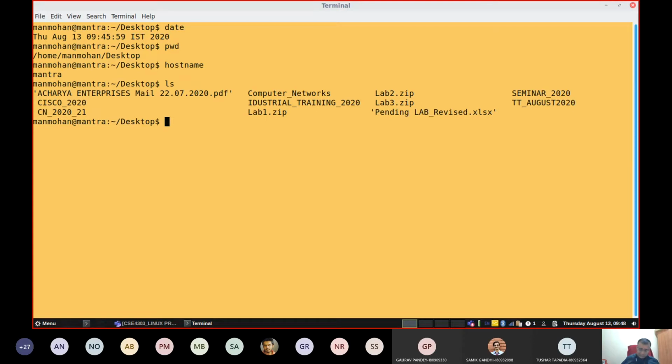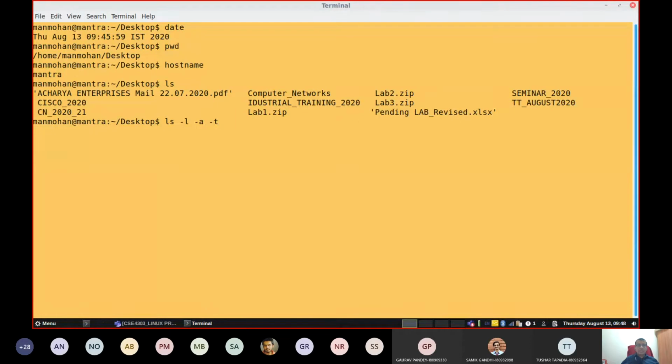Also note that the ls command can take different options as well. For example, you can see -l, -la, -t, etc. These are options you can give to ls. There are many more different options.